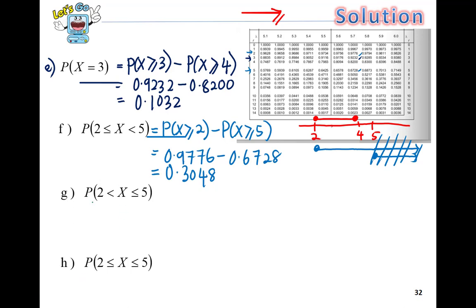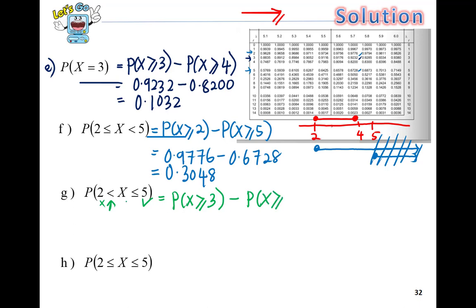Question G. X between 2 and 5, include 5, exclude 2. So include 5 and exclude 2 means we are going to start at 3, 4 and 5. At 3, we are going to exclude 2, so we take 3. Probability of x greater than or equal to 3 minus probability of x greater than or equal to